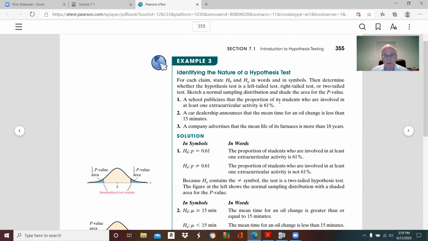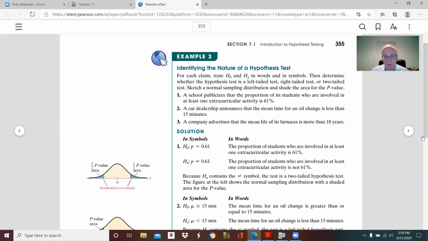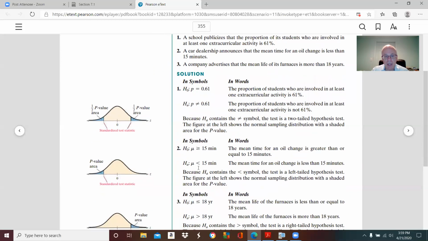Let's look at number 2. A car dealership announces that the mean time for an oil change is less than 15 minutes. Less than is one of the choices for the alternative hypothesis. That means the null is greater than or equal to. But the alternative hypothesis is what determines the type of test. Since it's less than, it is a left tail test. And so whatever test statistic that we calculated, we're going to find the area to the left, and that will